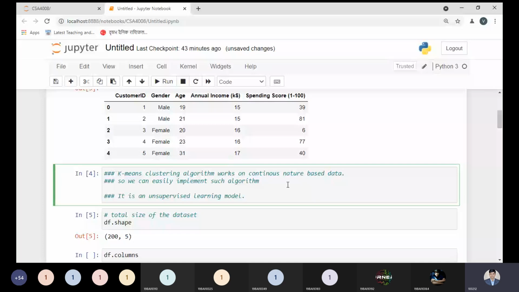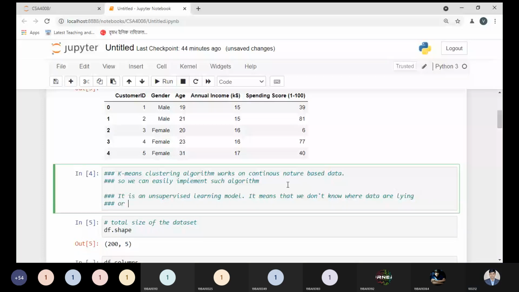It means that we don't know where the data are lying, or the output is unknown.